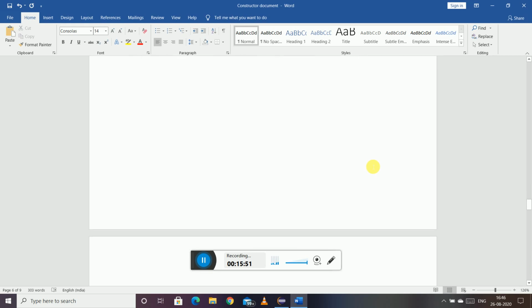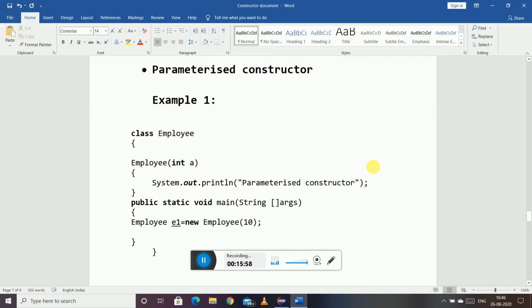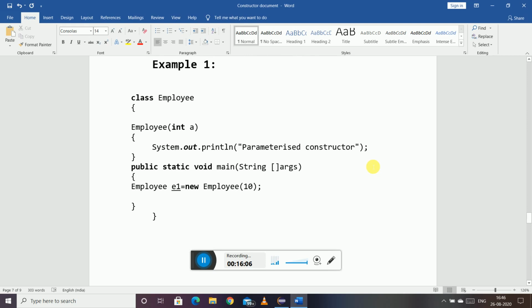And the third type of constructor, which is the generally and mostly used constructor, is the parameterized constructor. Now the parameterized constructor is the constructor that we use in all the Java programs. What it does is that when you write this object creation line and when this constructor gets called, we also pass a value to the constructor.